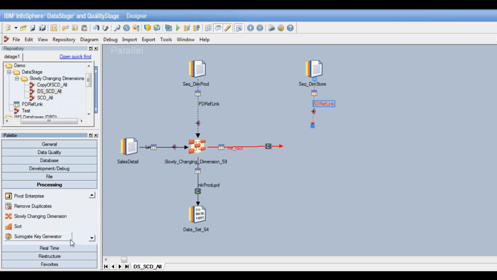So again, it's a processing stage. I need to go to the processing category and pull the slowly changing dimension stage. And this is my primary link. And this is my reference link.